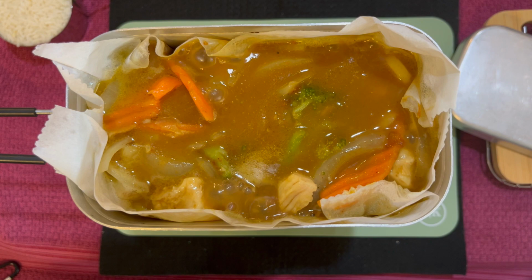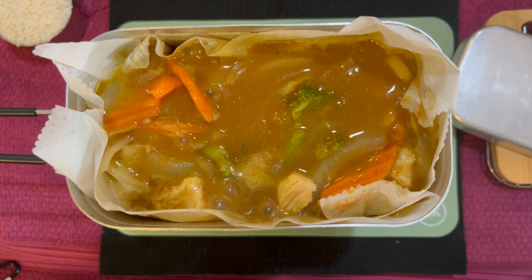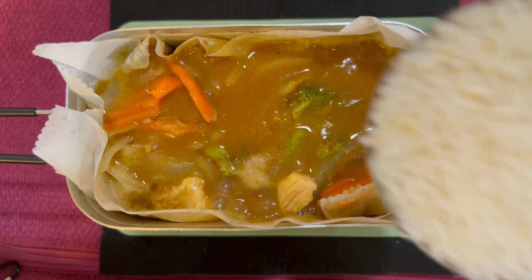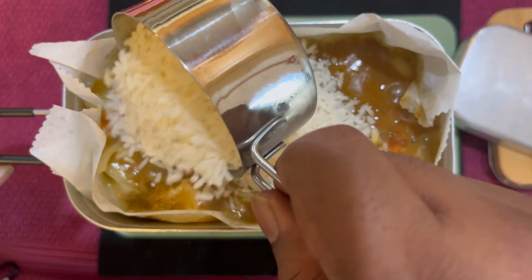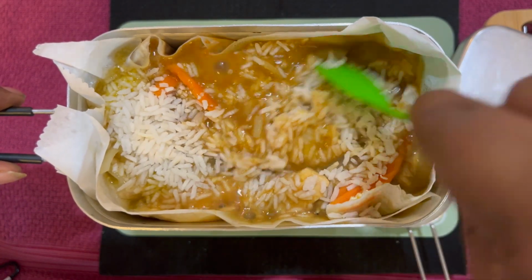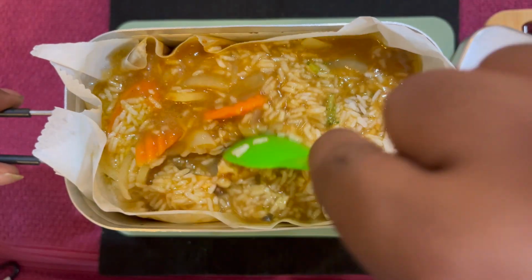So I'm gonna let it stay in boiling mode right now. So it's still boiling, and I think it's just about right for me to add the rice. So I'm gonna add the rice and mix it together because I see the curry almost done. So slowly add a little at a time, then just mix it. If you add the whole thing, it's gonna overflow. It's gonna turn into a mess. So add a little rice, stir it,